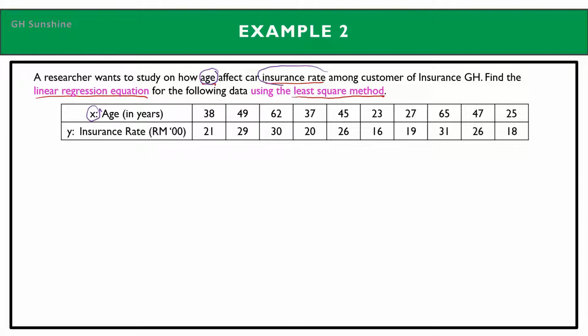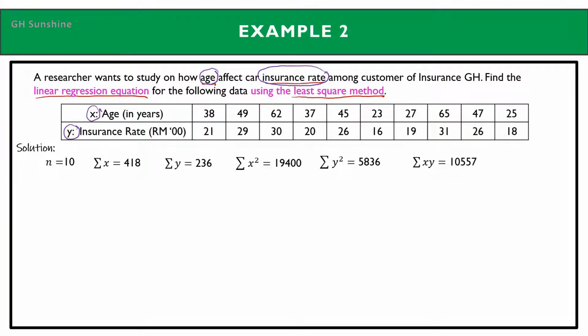Second variable, insurance rate, Y. Which one comes first? That one is X. So, using the data, find all the values: n equals 10, summation of x 418, summation of y 236, summation